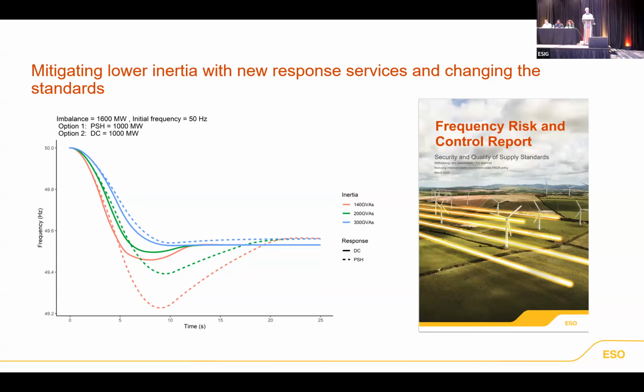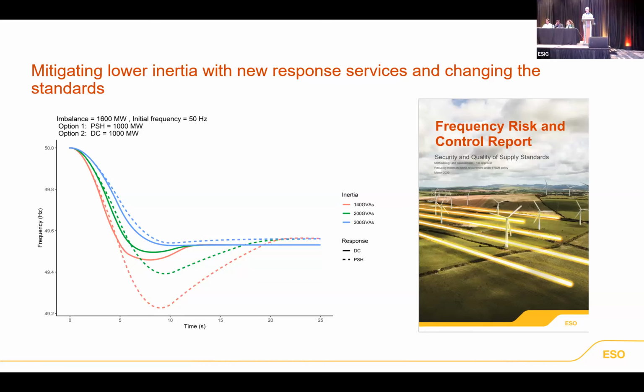So your very fast frequency response, we spoke yesterday, there was a session on that, crucially important. The other thing we're doing here, which is really helping, is what we call dynamic moderation. So dynamic containment is a post-fault product. So you have the loss of generation, frequency falls, it delivers its output in a second, as you can see on the graph here, very well controlled. However, you don't know where we're starting from. The frequency could be 49.8, could be 50.2. So that changes the amount of dynamic containment that you need to carry on the system.